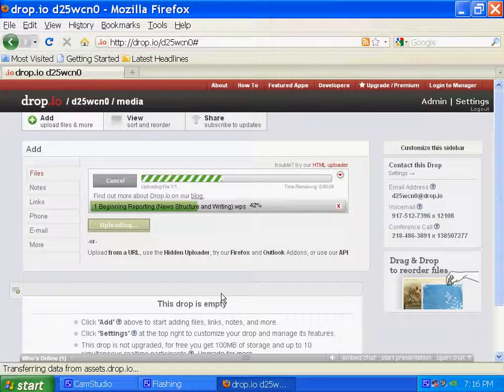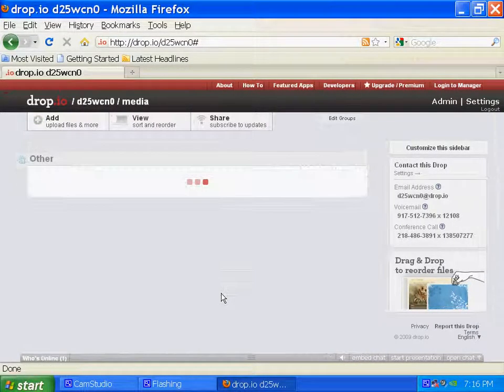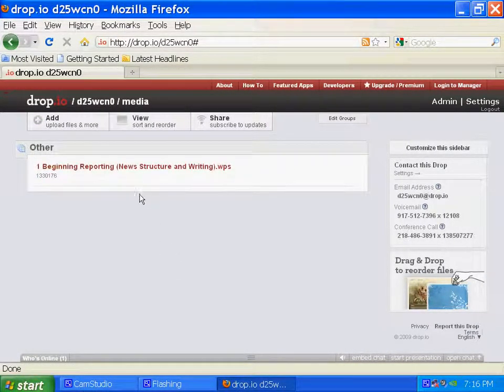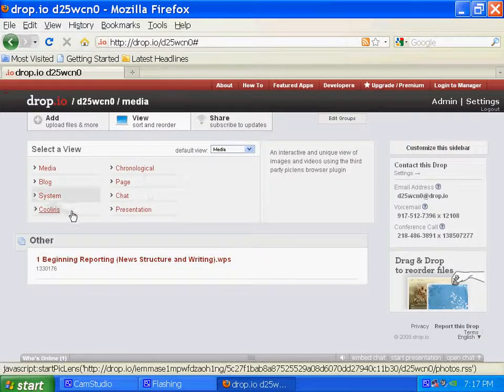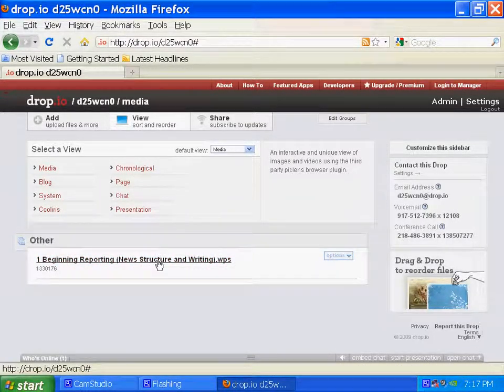Great thing about this is, like I said, you can share it with anybody. We'll be using this to post all our files that we'll be working with, and that way everybody can have access to them whenever they want, as long as you got internet access. So we can click on view, and it'll show all the files that we have. Right now we only have one,